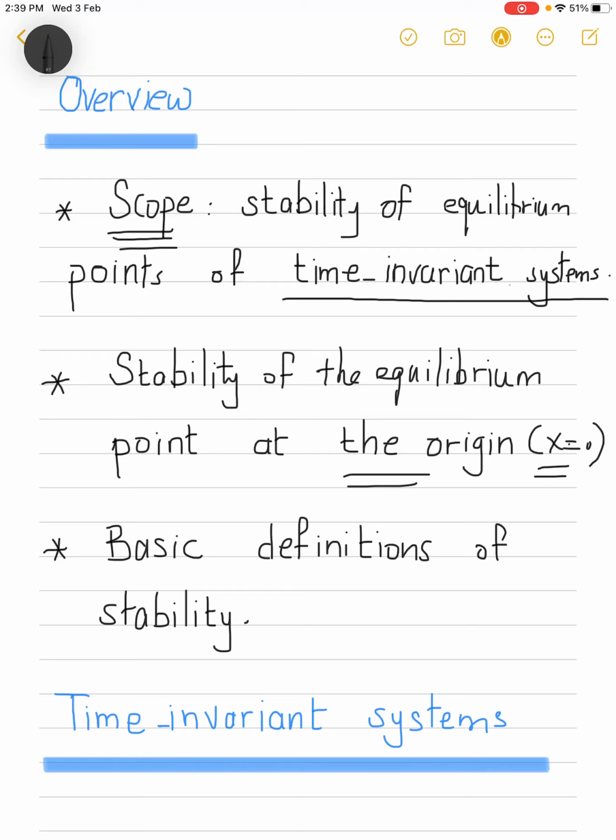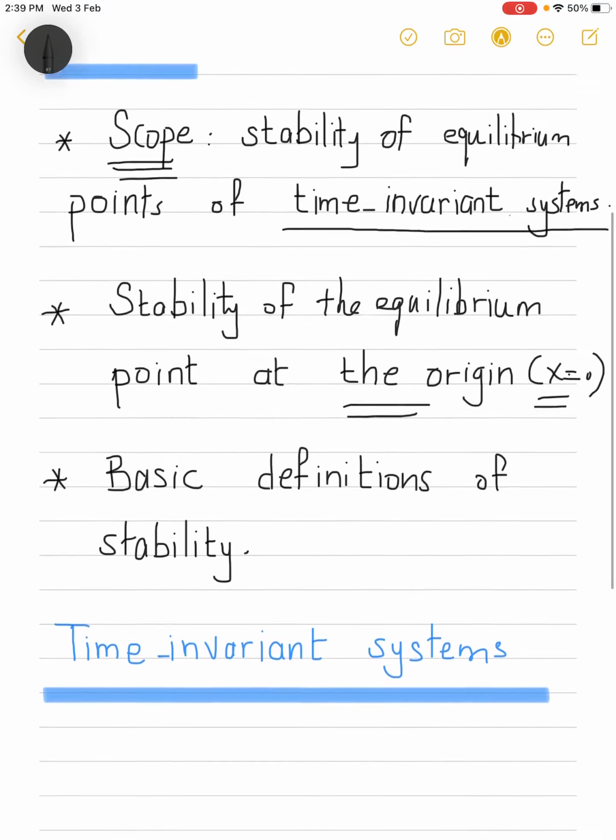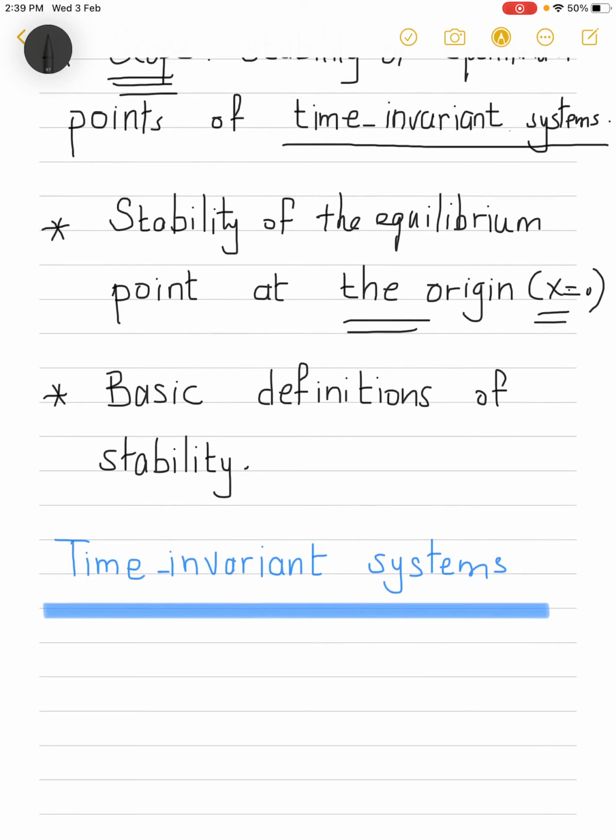Now we'll move from that to the definition, or actually the different definitions of stability that we may encounter in nonlinear systems, and they are all based on the stability of the origin as an equilibrium point. So we'll see the different types of stability, and we'll relate that of course to what we know from linear systems. So as a starting point, let us recall that we are considering in this course systems in the form